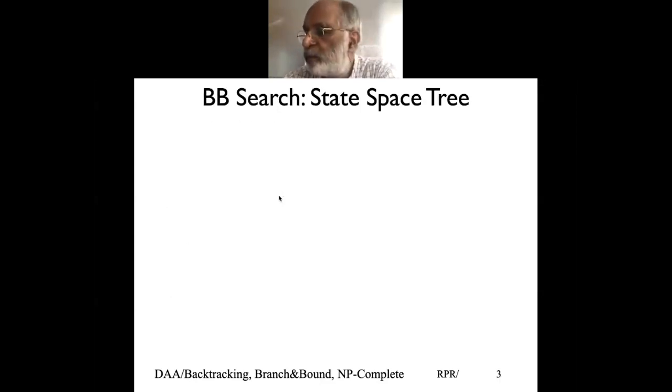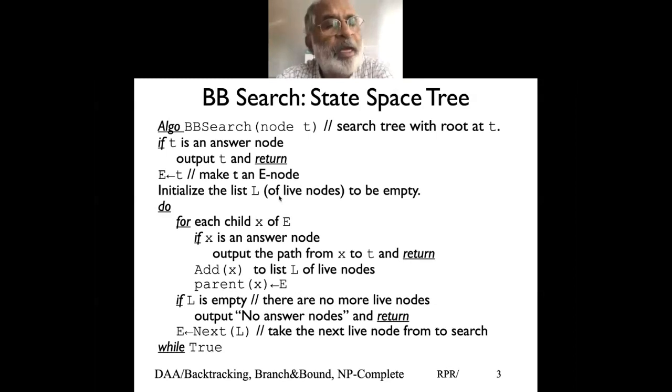So if you look, we have been building a state space tree, and what we have been saying is that we explore, and rather than doing depth first search or breadth first search, we look at the best node. So the typical algorithm for a state space tree is called LC search or branch and bound search. You are given a tree T with root at T. So how do you do a state space search? If you are already at the leaf node, that answer node, you are done, return.